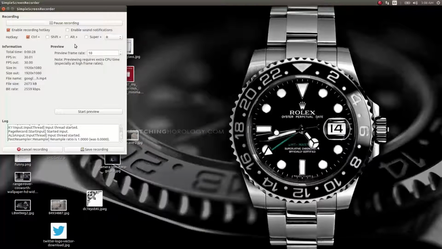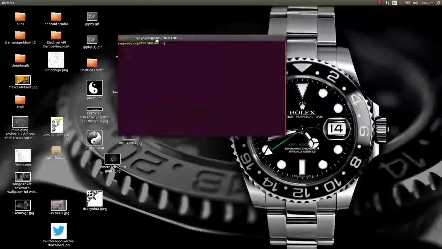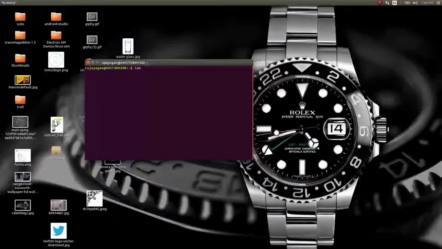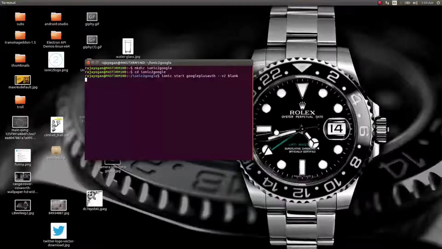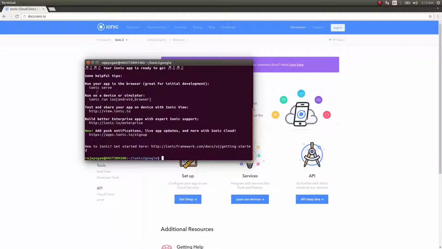So, first, I'll open up my terminal. And then I'll make a directory, mkdir google-ionic. Then ionic start google-plus blank. Okay, let this get created. Okay, this is done. So the next step would be to